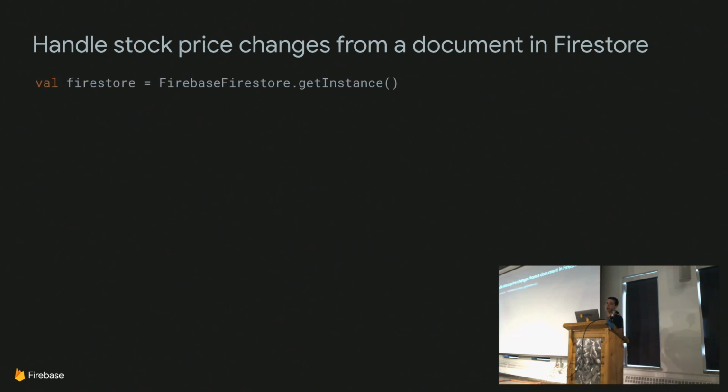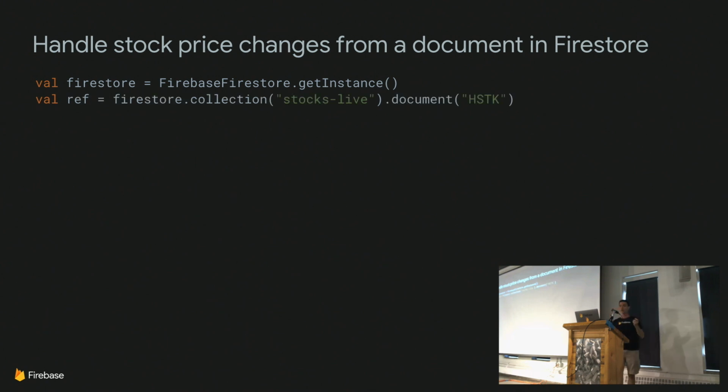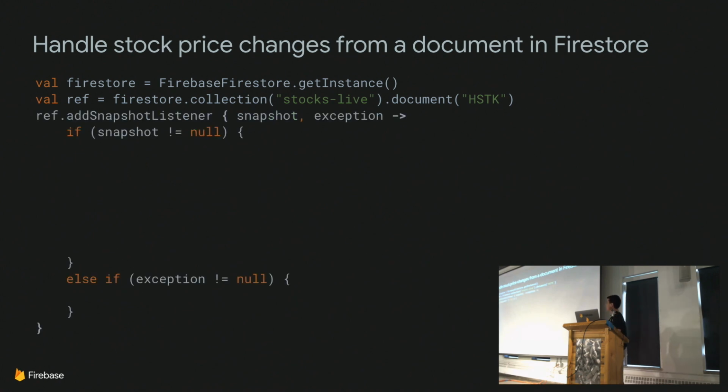Here's how you would write some code if you want to handle stock price changes live from Firestore. You would write a line to get the Firestore instance. You would reach into the collection called Stocks Live and into the document ID'd by the ticker. Then you would add a snapshot listener to that. The snapshot listener will receive either a snapshot or an exception. So if you get a snapshot,